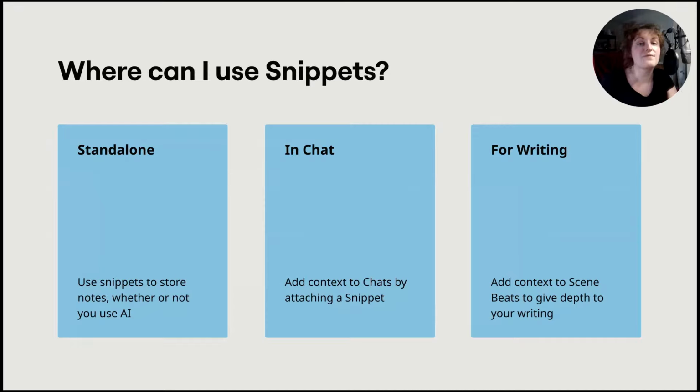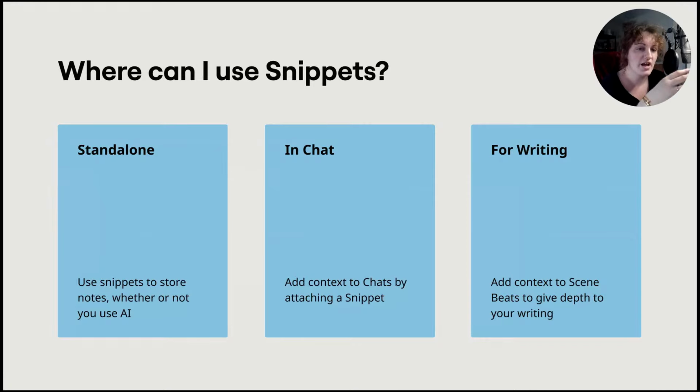So where can I use them? The physical places that snippets can be used in Novelcrafter. If you're not using AI in your workflow, they're entirely standalone. Think of them as supplementary documents for your story world. You can use them to store notes, to-do lists, whatever, regardless of whether or not you use AI. If you want to use AI in your workflow, then you can start adding them as context to chats and